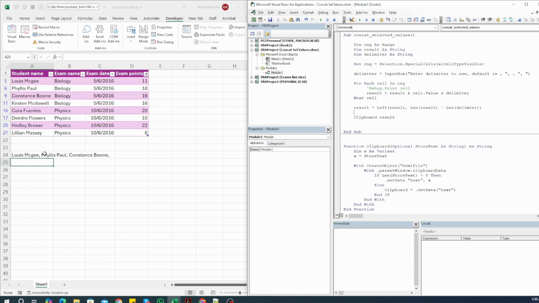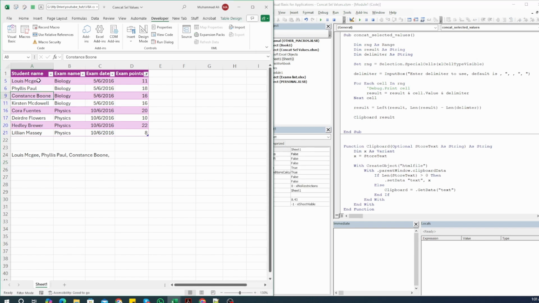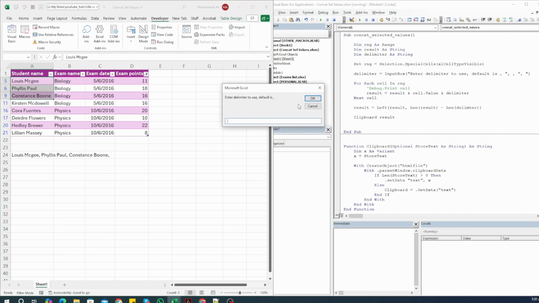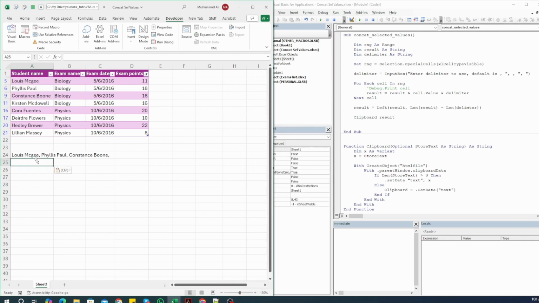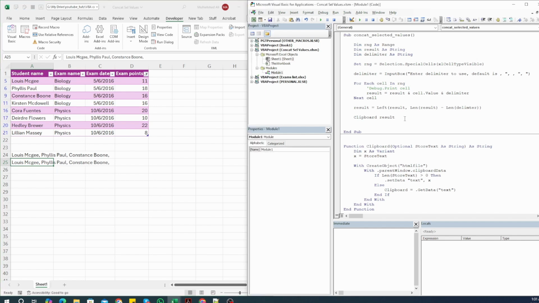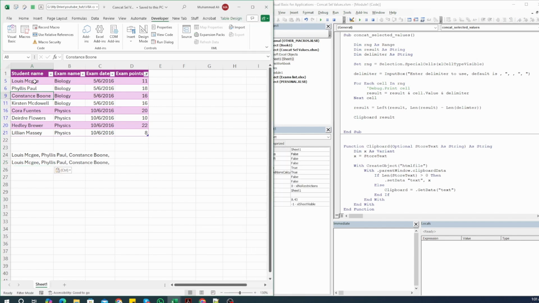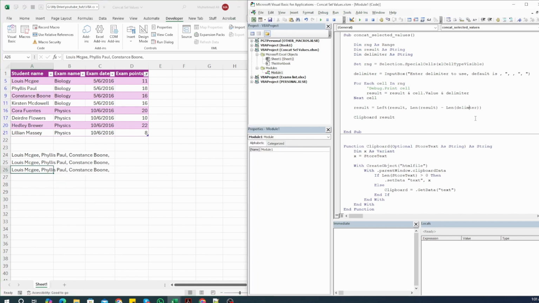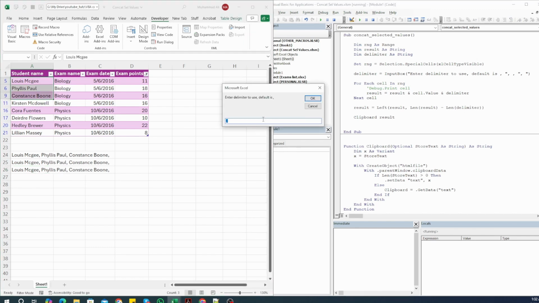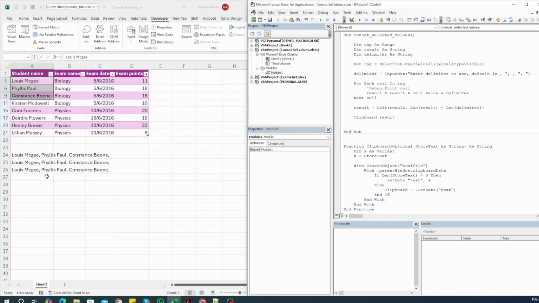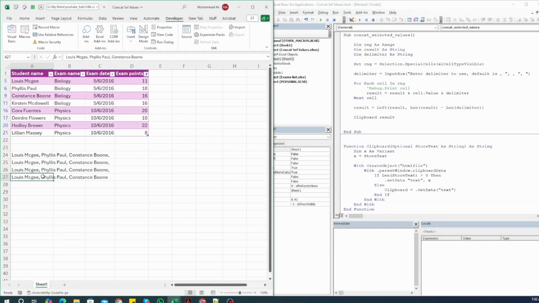Great. Let's test our code again. Let's keep these three values selected just so we can compare them. Let's keep the default comma space selected. Paste it here. Okay. For some reason, it has not updated our values. Let me save our macro and let's run it again. Okay, so I figured out that there is a spelling issue with this delimiter here, which is why the code is not working. So let's test it again. Leave it selected. Click on OK. Paste it here. And boom. You can see that we don't have any extra values at the end.